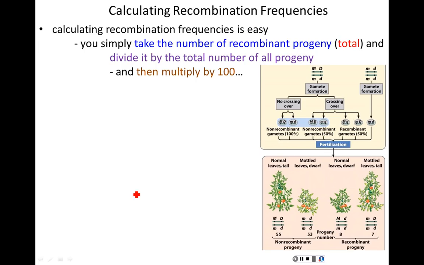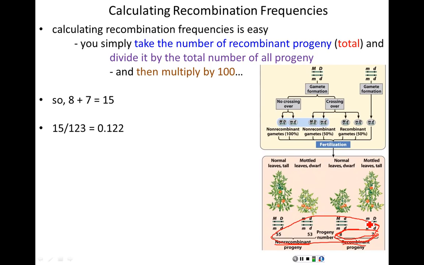I don't even need to think for this problem. I know that the smallest numbers are always the recombinant progeny. I just told you that. So the total number of recombinant progeny is going to be 8 plus 7, 15, divided by the total number of all progeny. And that's where most students make their silly mistakes. It's not the total number of recombinant divided by the total number of non-recombinant. It is not that. It is the total number of recombinant divided by the total number of all progeny, which in this case is